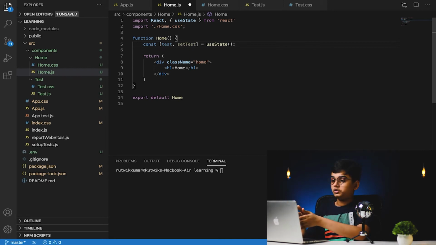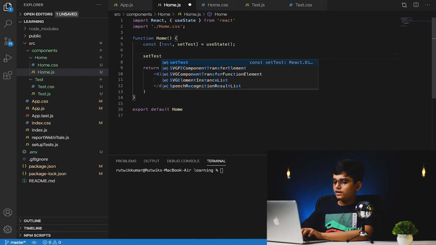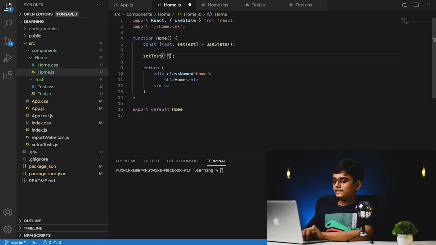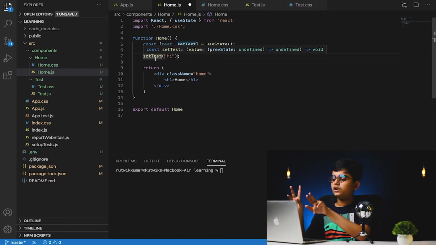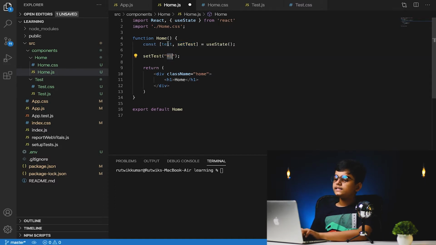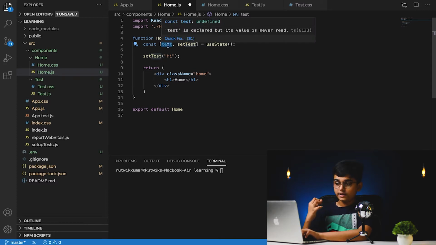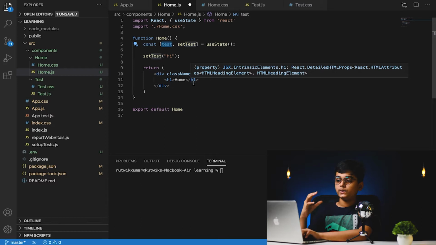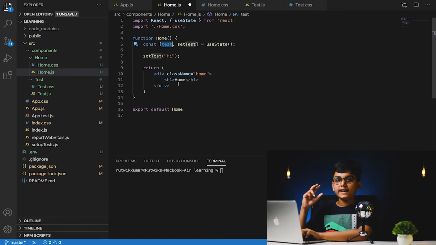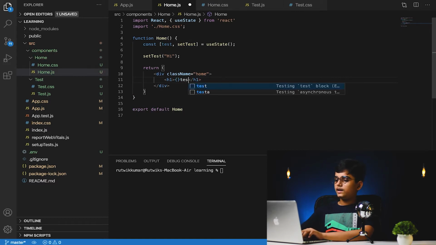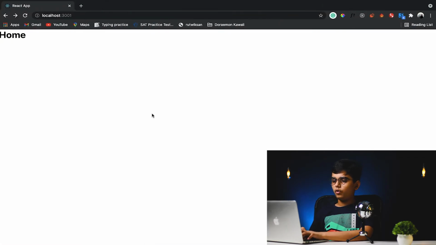So what does it do? You don't know that, right? setTest will follow the syntax, and let's say hi. setTest is a type of function or a hook. If we provide this hi, this test variable over here will contain that value. So this is used for state management. At present this test variable will contain the string hi, and you can print it over here, test. And let me say home. So if I save this now and go to home, reload it,